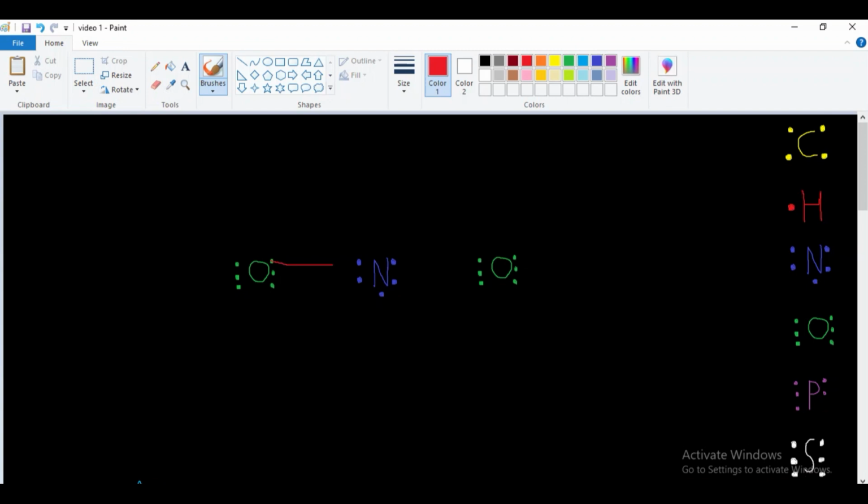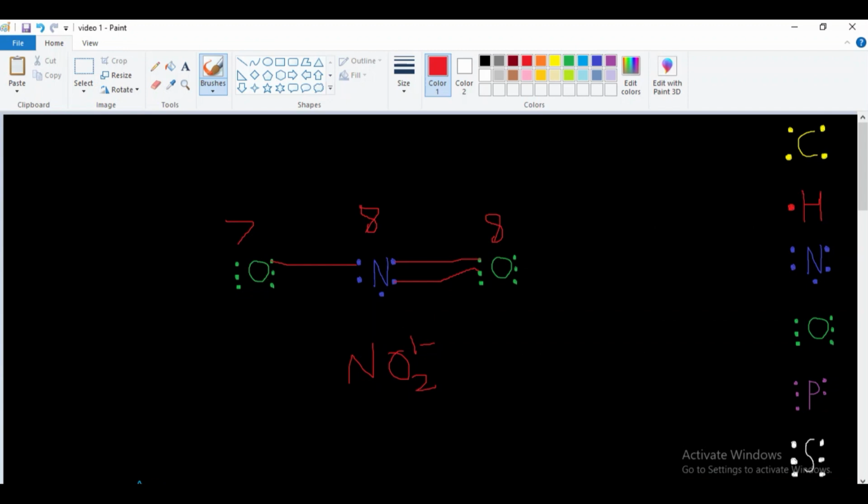Now my first step will be to connect this, writing the new valency. This is 7, this will be 7, that's 5 plus 2, 7 again. And I have said that I can use this again, I mean sharing only once. So I will use it, and now it will become 8. This will become 8, and it needs one more electron to fill this outer octet. So I will write when charge of this polyatomic ion is 1 minus, because it needs one electron for